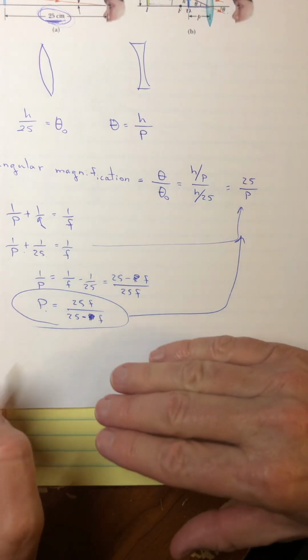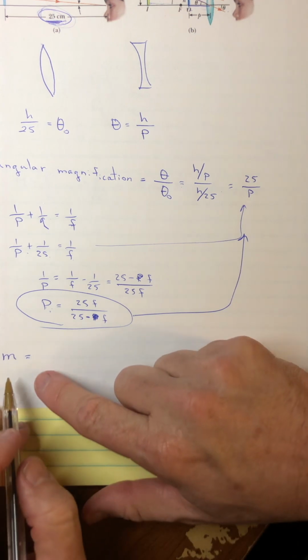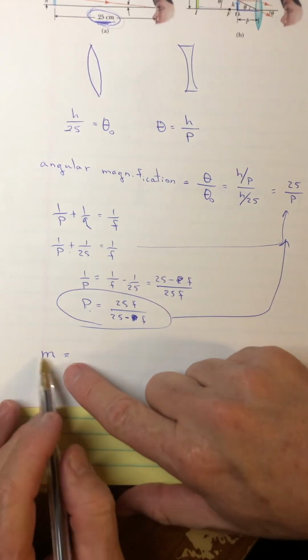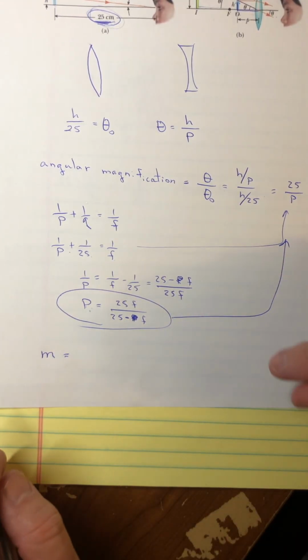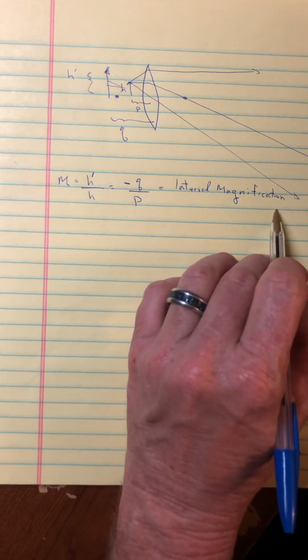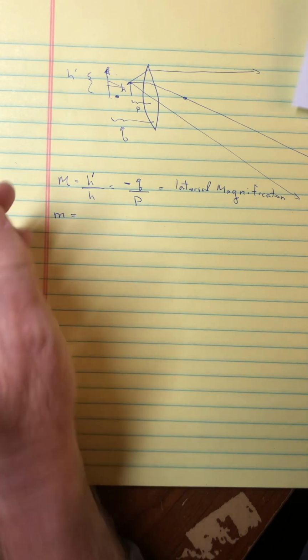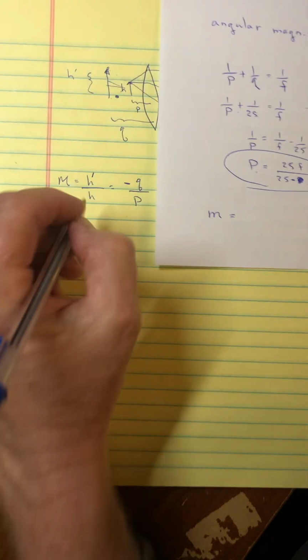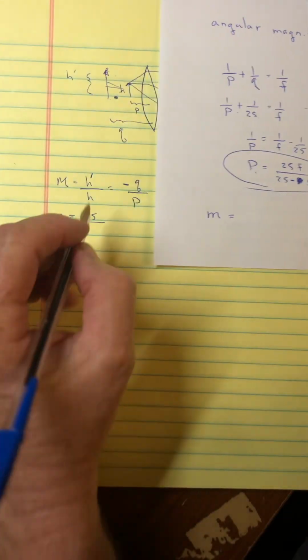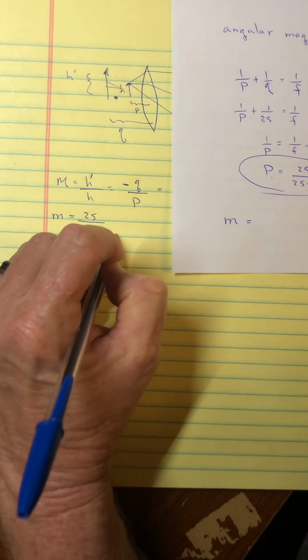I would say then my angular magnification, and we like to use the symbol lowercase m for the angular magnification, as opposed to the capital M, which is the lateral magnification. So my lowercase m then would be 25 divided by this p, and this p then would be 25f over 25 minus f,